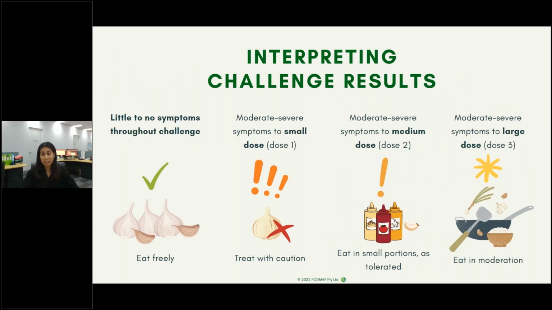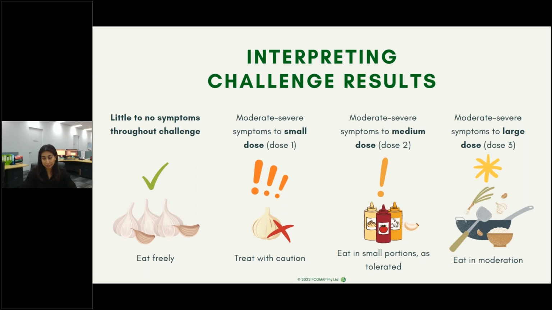So as I mentioned, if there were little to no symptoms at all, then that food becomes an eat freely food, and the individual can have as much of that food as they like whenever they like. Secondly, if they had moderate to severe symptoms to a small dose, then they have to treat that food with caution. That means they may be able to have a very small dose here and there, and they know to stick to the low FODMAP diet or foods that won't trigger the symptoms for the consecutive days until their